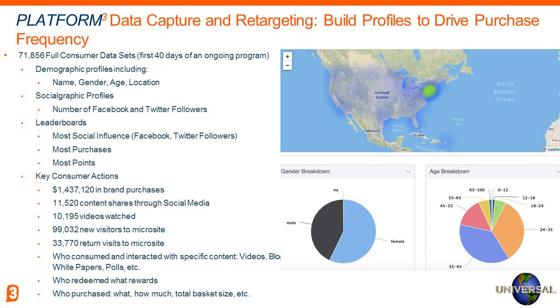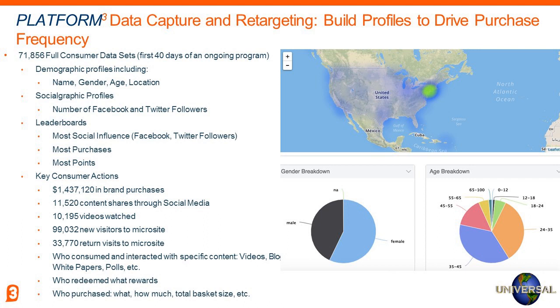So if they're participating in social engagement activities, we're going to identify the number of friends or followers on Facebook or Twitter and identify our key influential consumers. Then again, we could do sorts. We could do quick sorts by social influence, by who's the most valuable shopper, who's buying our products the most often. We could do sort by points.